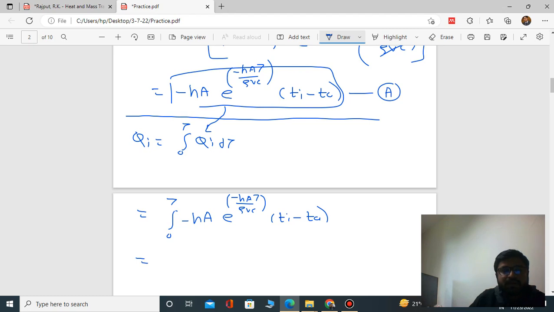So now again you will have to do integration. So what will be the integration of that? What will be the integration of e raised to ax? E raised to ax integration would be e raised to ax divided by a, that we know. So again we will do integration. So minus Ha,